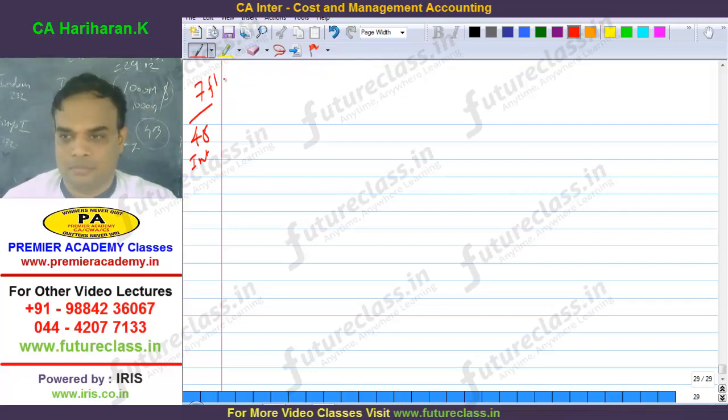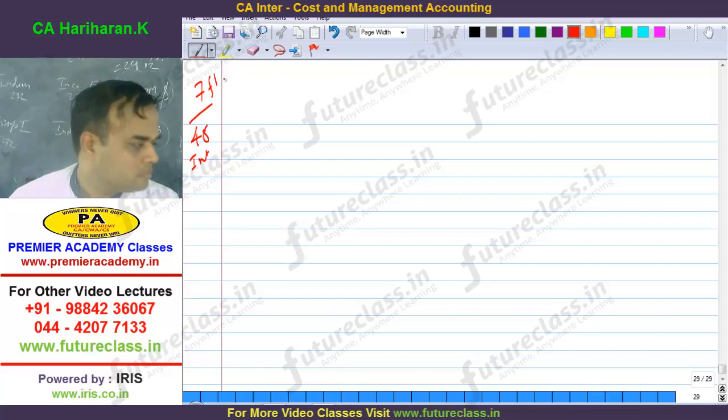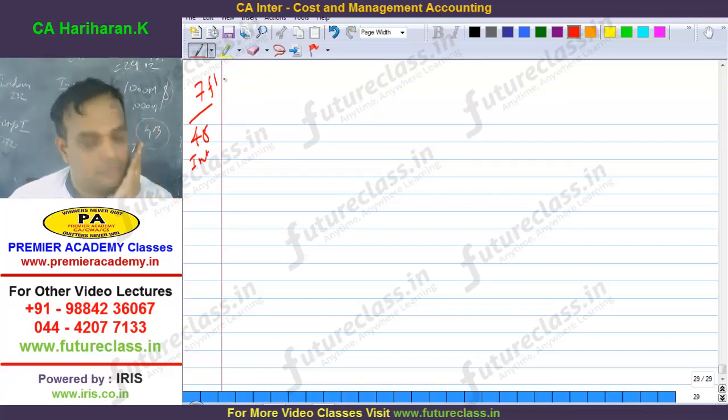Products A and B, purchase price 15 and 25, ordering cost per order 1,000 and 1,000, carrying cost per annum 10% for both. You are required to prepare a production budget and a material requirement budget for the next year. Calculate the number of materials purchases to be made if the company wants to purchase materials in optimal quantity.